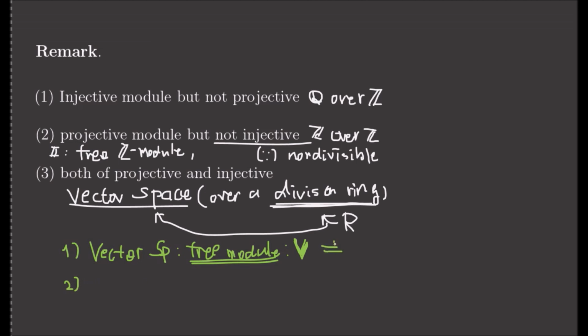In this case, the vector space is a projective module. And to check the injectiveness,